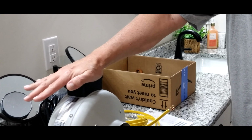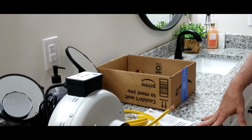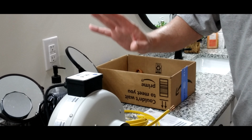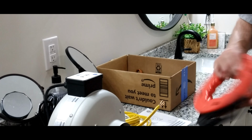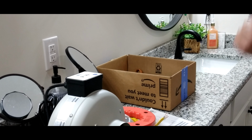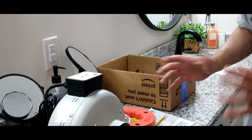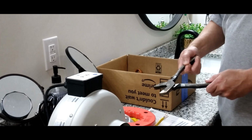This is close to $100 for the fan, which is comparable if you got one of those really fancy high-end fans in your bathroom that don't even have the CFM that this one's going to put out. So I have that. I have a fish tape if I can't get the wire in there. This is a finished ceiling, and up above that ceiling there's a bonus room, a frog if you're familiar with that. You're going to need some snips,